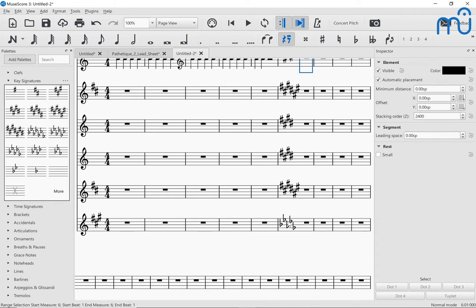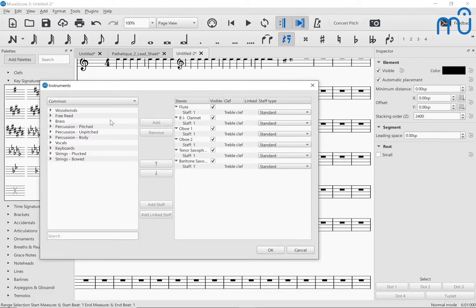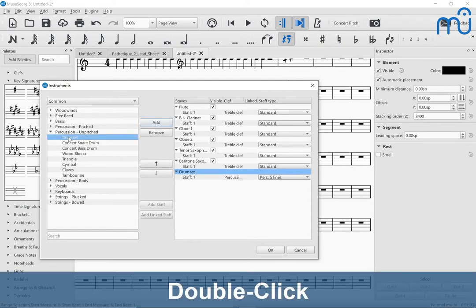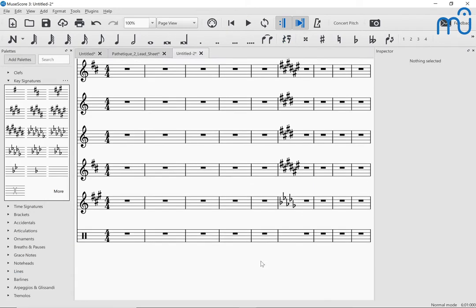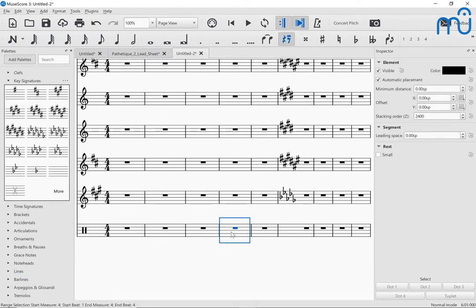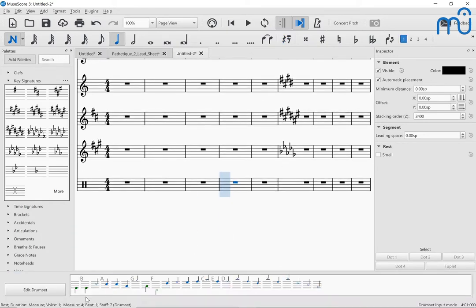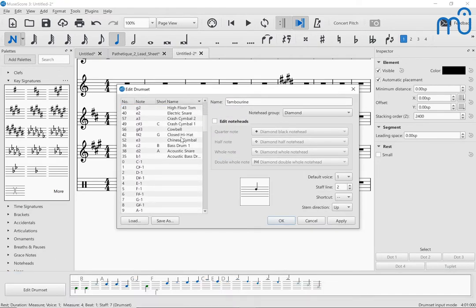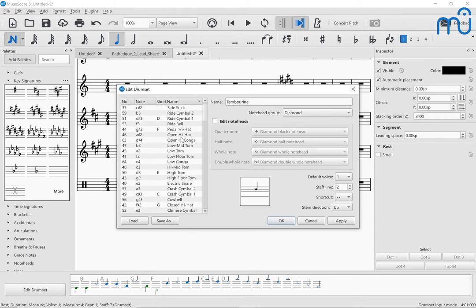So what's a splash hi-hat? Oh, I see, okay. So basically, you can customize drum sets however you want. So I'm going to click this, and then I will press N to go to note input mode, and right down here is the edit drum set button. And then when you press that, you will see all the different drum sounds that are sort of known and defined,